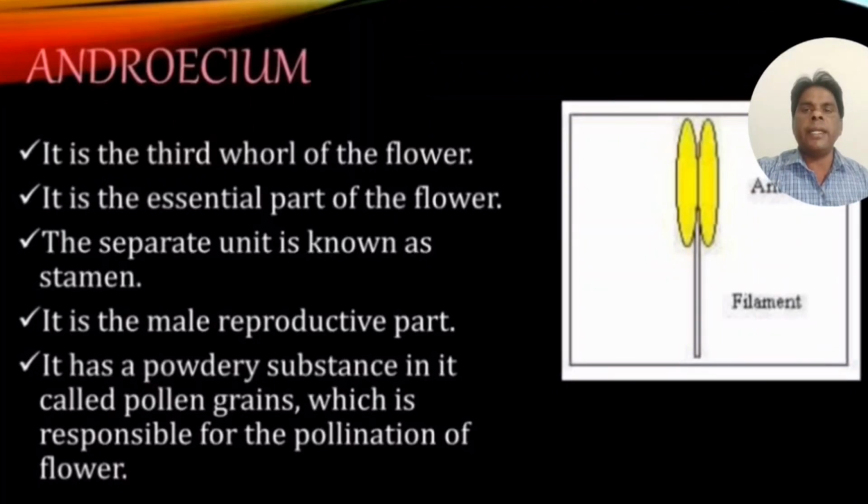And based on presence and absence of connective, two types of anther: monothecous anther and dithecous anther. Anther produces and releases pollen for pollination. The number of stamens varies by species, and they may be free or fused. And last,